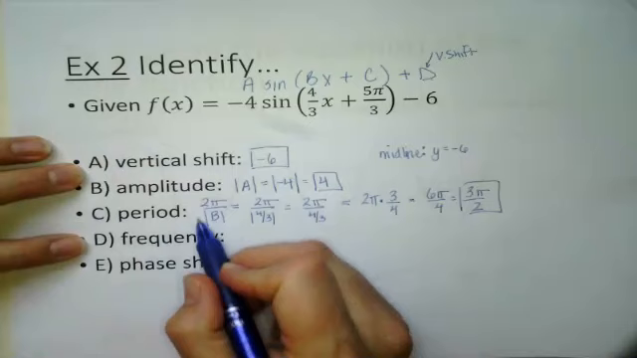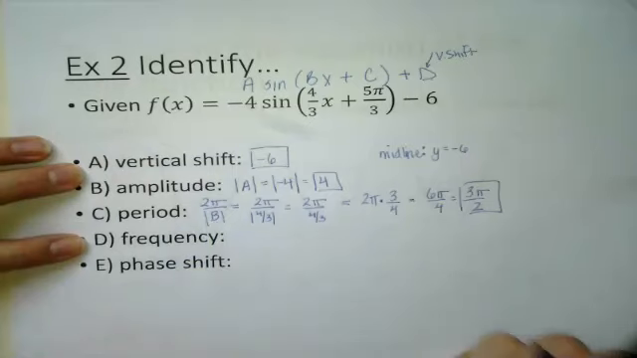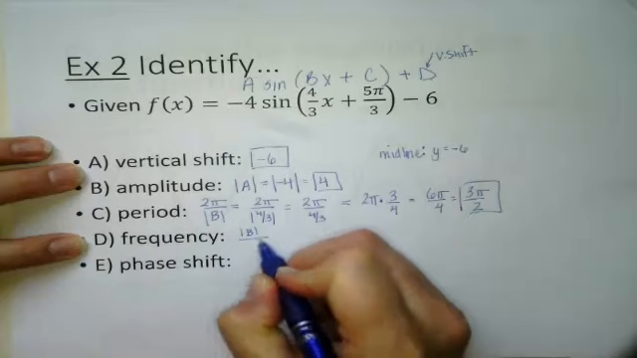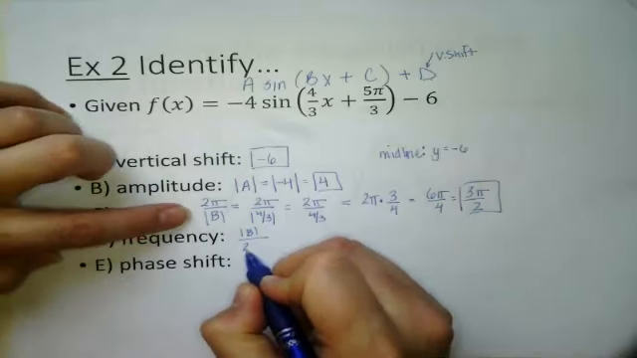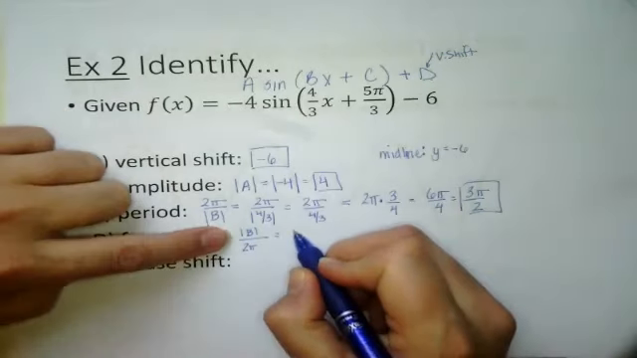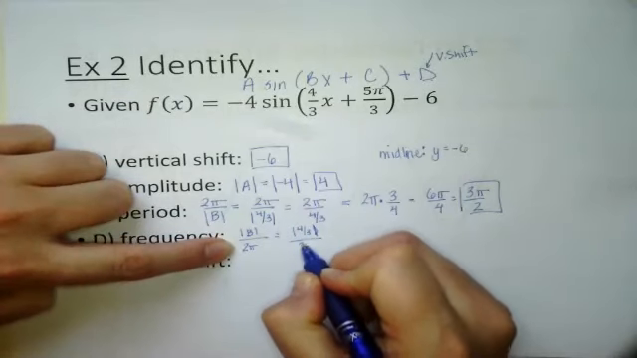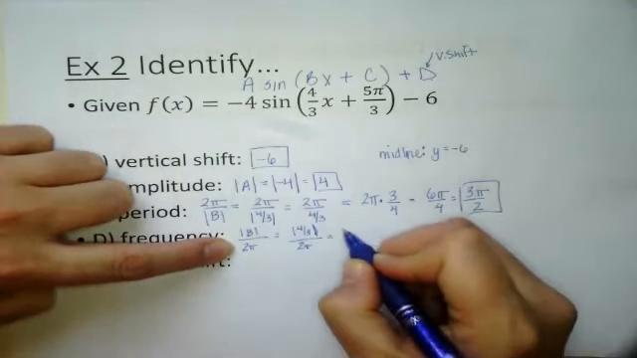The frequency would just be the reciprocal of the period. So I could work it out. Let's see what happens. So frequency is the absolute value of B over 2 pi. So again, the absolute value of B is 4/3, and again, the absolute value is 4/3